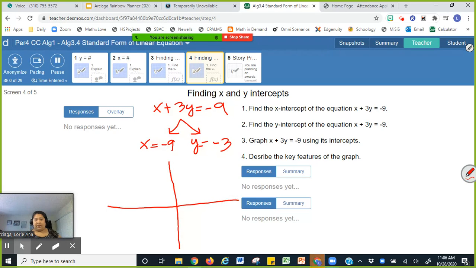Okay. So let's graph it. Ooh, that's a bad graph. Okay, so 1, 2, 3, 4, 5, 6, 7, 8, 9. Oh, I should have got negative. 1, 2, 3, 4, 5, 6, 7, 8, 9. That's -9. And then y is -3. 1, 2, 3. Okay. All right, let's graph that. -9, -3. So form a line